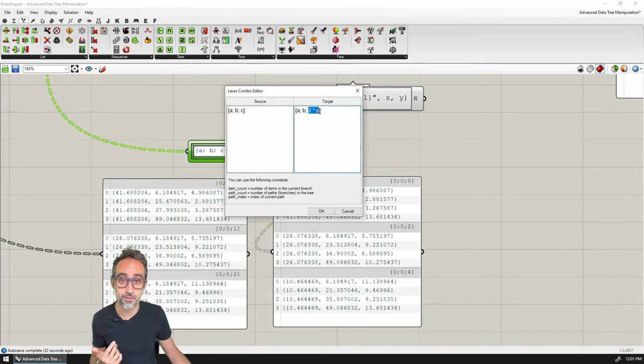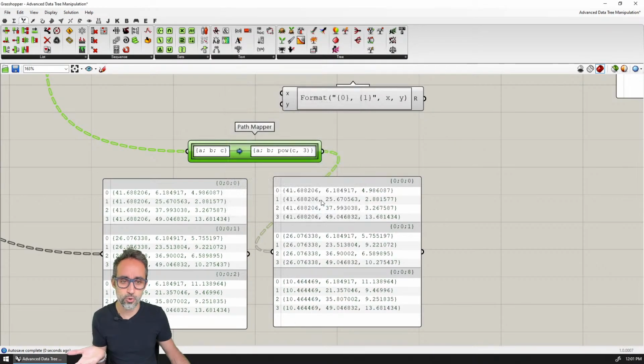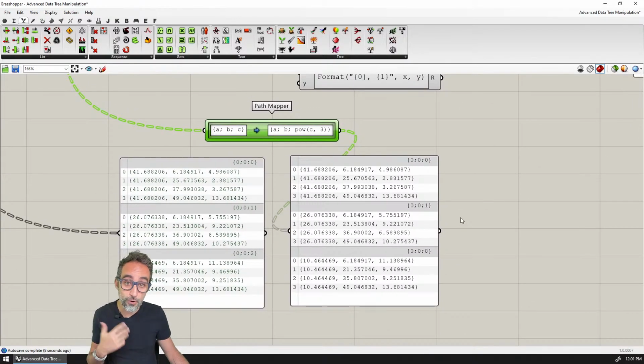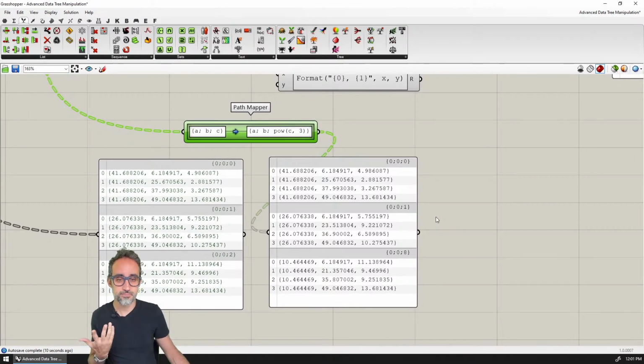So for example, here I can say I want the third branch to be now the base number to the power of 3. So the cube of that number. So 0 stays 0, 1 stays 1, and 2 goes up to the value of 8, right? Or, for example, I can use